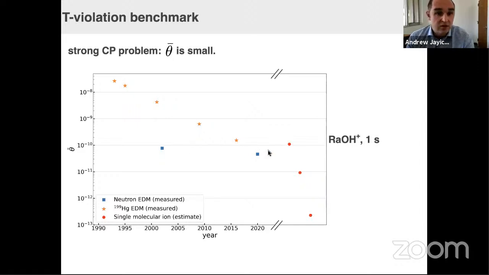Okay, so how would we do in a first proof of principle experiment with 1 second coherence time and measuring for roughly 2 weeks? We'd expect to get to about here, which is pretty decent. We think that we can extend our coherence time of our measurement out further and start pushing down lower.